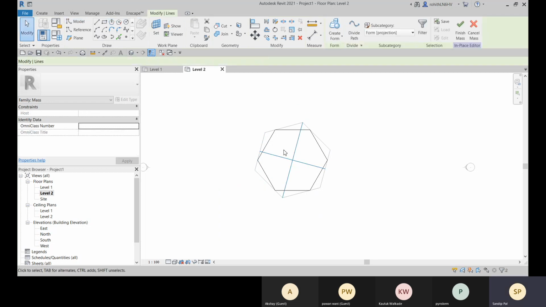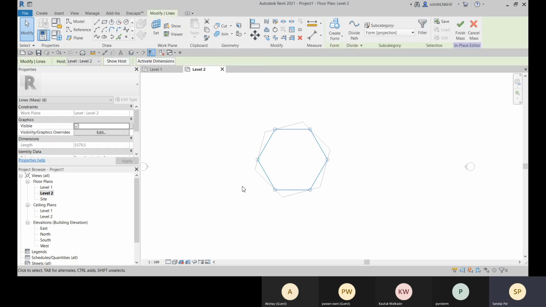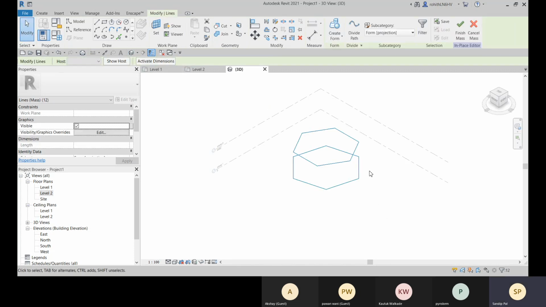Now let me delete these two lines. Then I will select this one and both. Or you can go to 3D view. From here, you can select both, and you can create solid form.